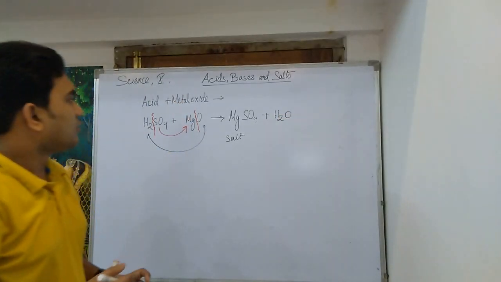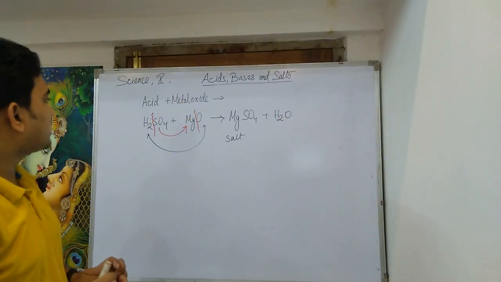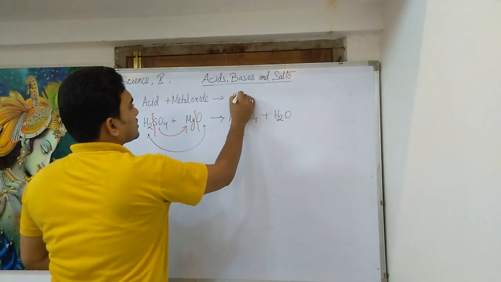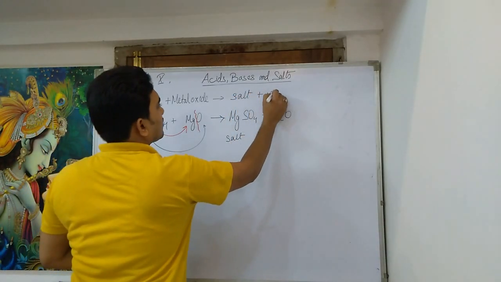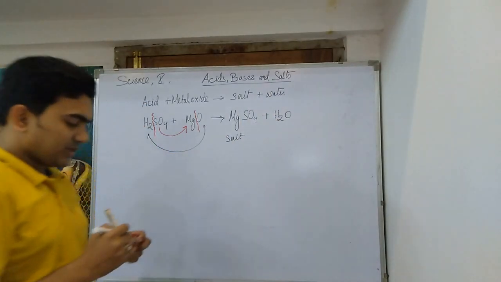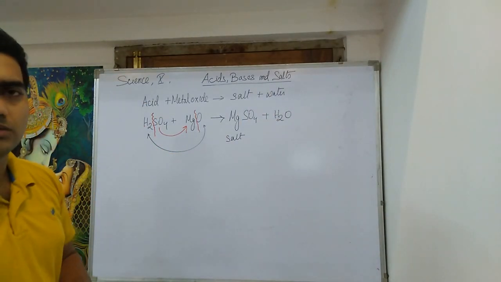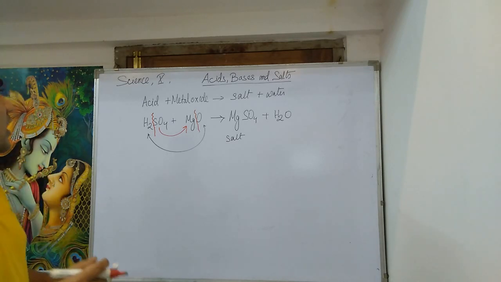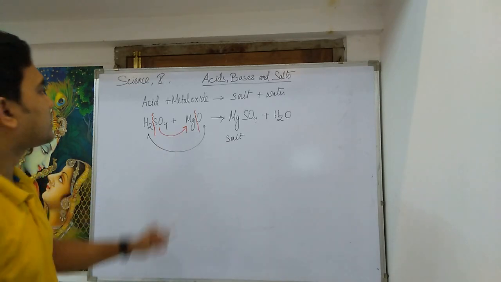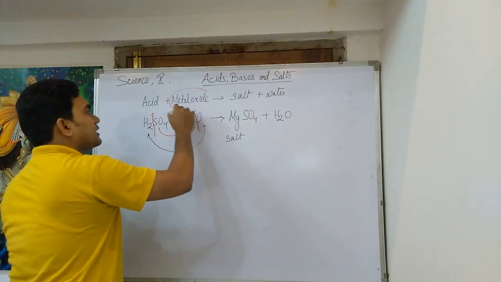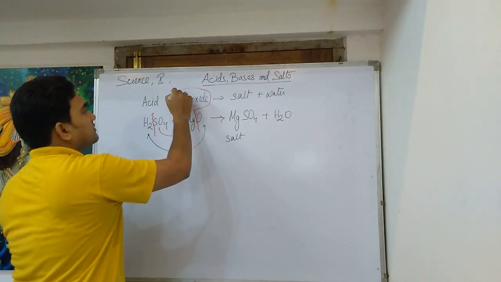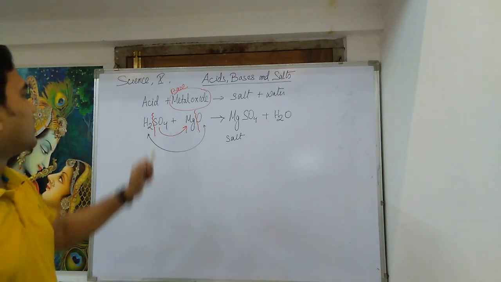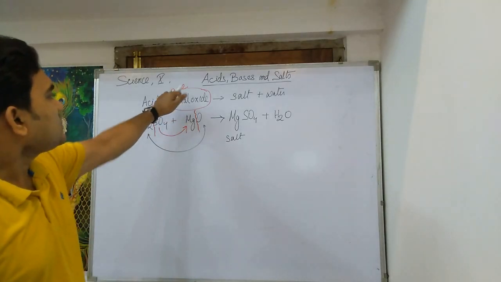So I think we have seen that equation earlier where acid reacts with something to give us salt and water. So we have seen that reaction to be a neutralization reaction, where acid reacts with a base to give salt and water. So this metal oxide behaves as a base. This is why we can also term metal oxides to be basic oxides.